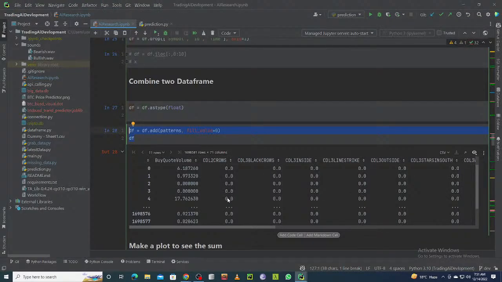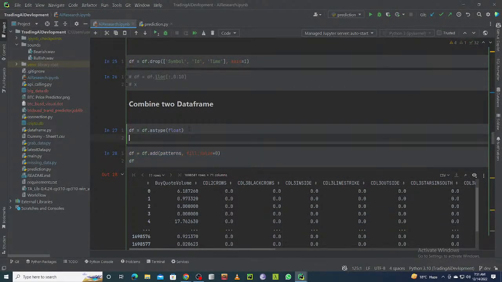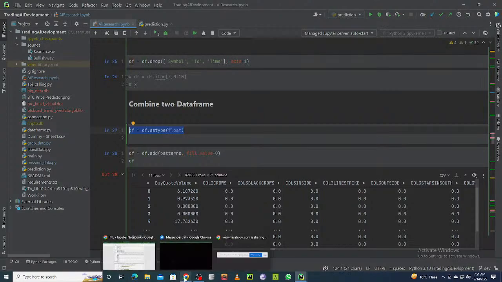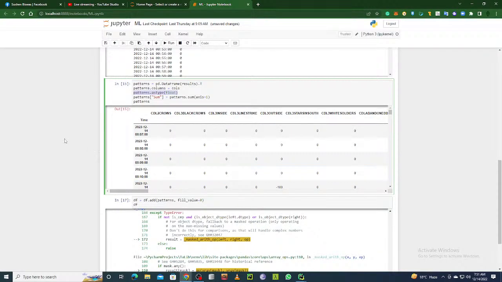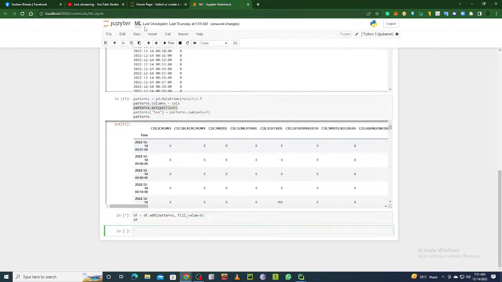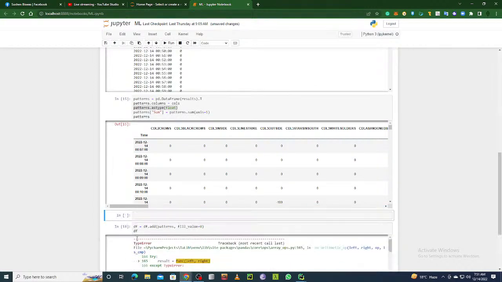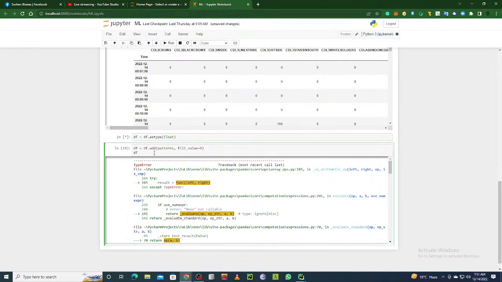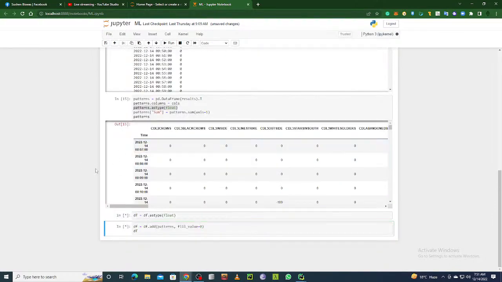So the data frame data is object, so that's why we made those things float also. Then it's just numerical data. So before we create the data frame, we made all those things floats. Now, if we add those things,